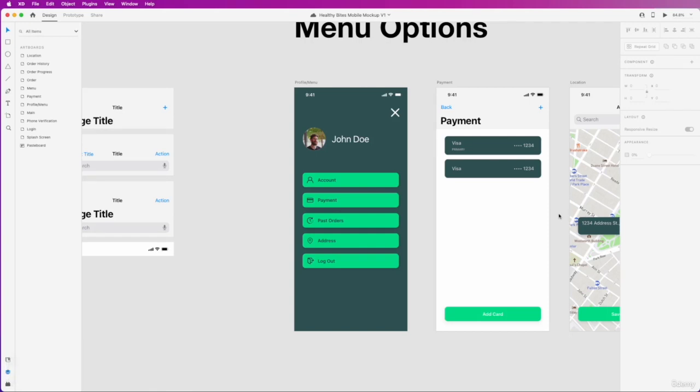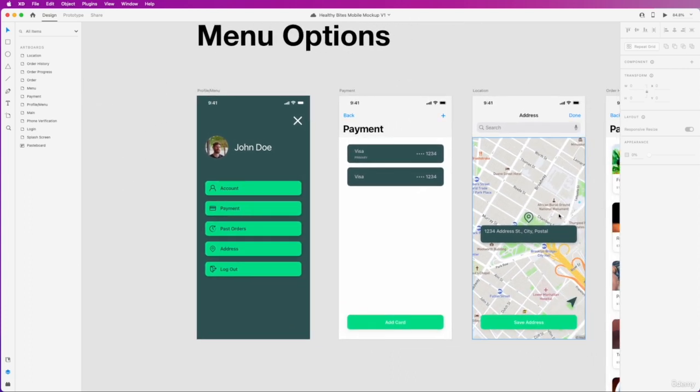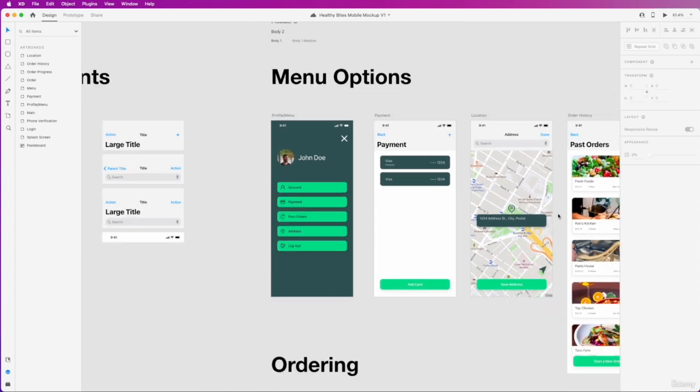All right, while we're getting ready to move on to exporting our project and prototyping, I want to also show you one more cool feature that Adobe XD has. This is really useful when it comes to working with multiple screen sizes and device sizes, and especially when you're working on a web project. This feature called Responsive Resize allows your designs to work on multiple screen sizes rather than just the one